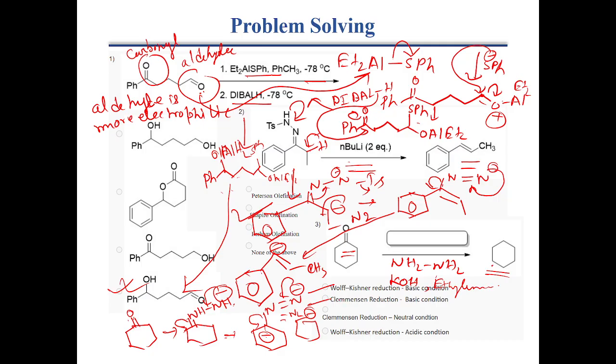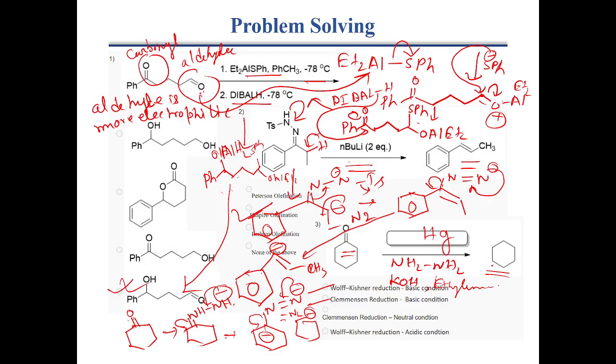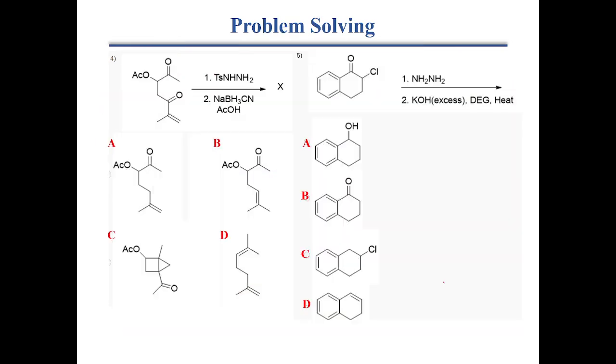Clemmensen reduction is also a reduction. Zinc amalgam is used for the Clemmensen reaction. So in this case also the carbonyl is completely reduced to alkane or saturated compounds. So now if we come to the next question,